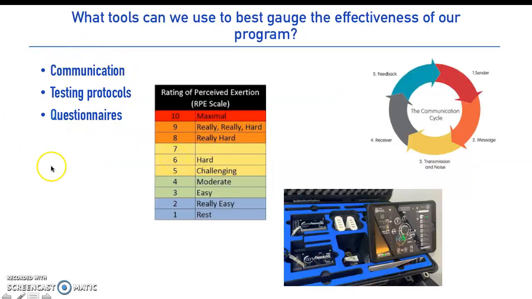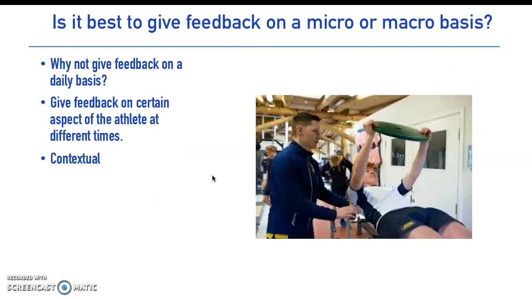Then when we get certain feedback, we go back and say we need feedback based on these three: your communication, testing protocols, and your questionnaires. Once we've got feedback from them, we can understand that maybe we can give other feedback on a micro or macro basis. Again, it's all contextual. When do you give daily feedback?